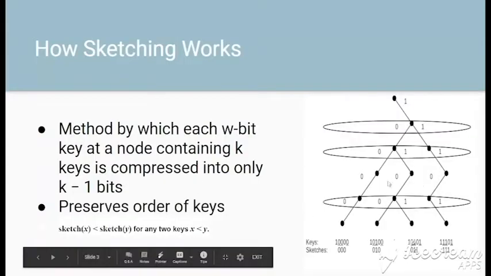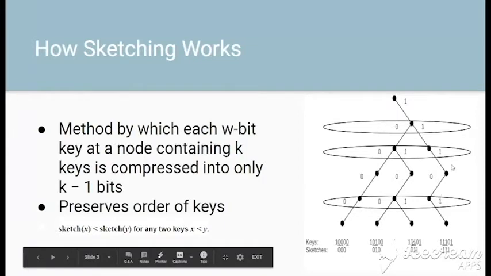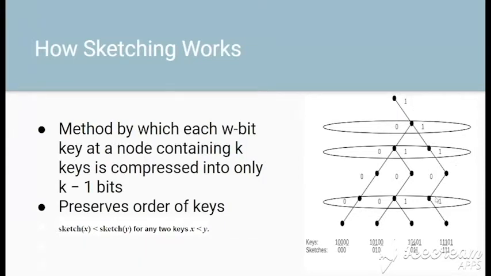So how sketching works is that you can see a BST looking thing over here. This represents all the key values of the fusion tree. So let's say there is some key value which is greater than its predecessor, then its path will acquire the value of 1, and if there is some key value that is lesser than its predecessor, then its path will take the value of 0. And we can say that all these keys will have some sort of path that they can trace. So the path that they can trace is called the sketch value.